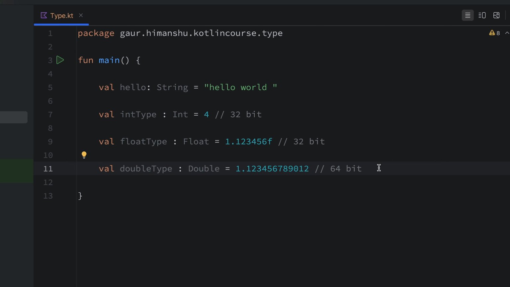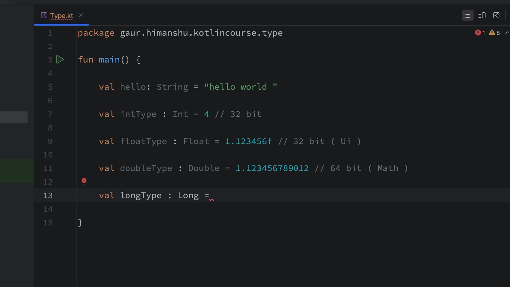So mostly in our Kotlin programming, when we are dealing with math calculations, we should use double, and when we want to show this information to our user, in that case we use float because it has only 32-bit, and also we are only able to see 6 decimal places. So due to that reason, mostly in UI we use float, and in math calculations or any other calculation we prefer double. Next we have long type,